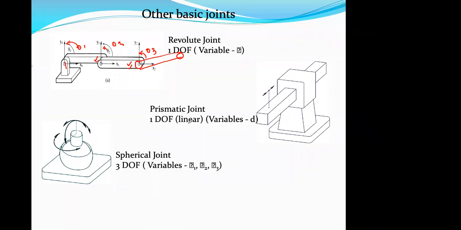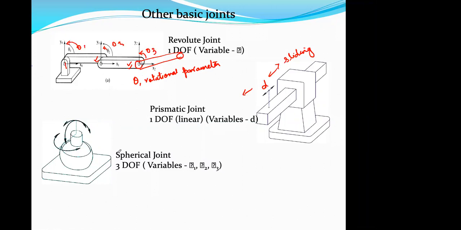Now another is the prismatic joint. The prismatic joint is a linear motion. It has a variable distance d. You can see this can have a sliding motion, moving here and there, and in this way it can have a distance of d. तो यहाँ पर parameter आपकी theta 1 होती है, theta होती है. It is the theta parameter, the rotation angle, the rotational parameter, and here it is the sliding parameter. So it has a linear distance.